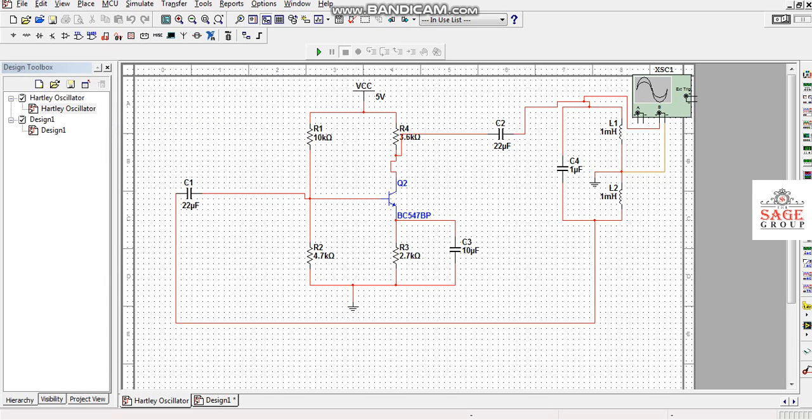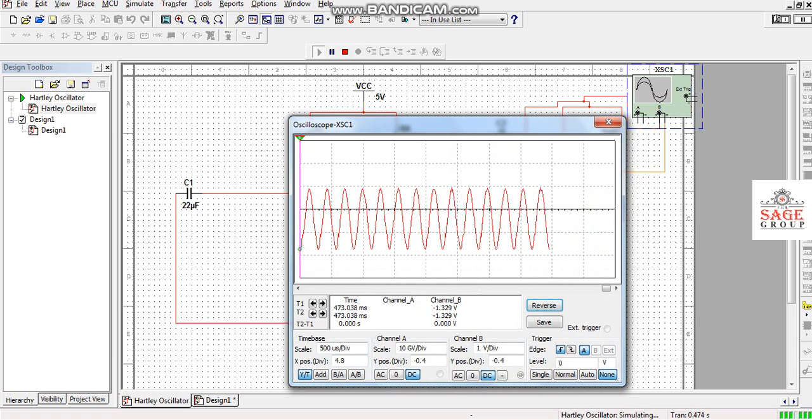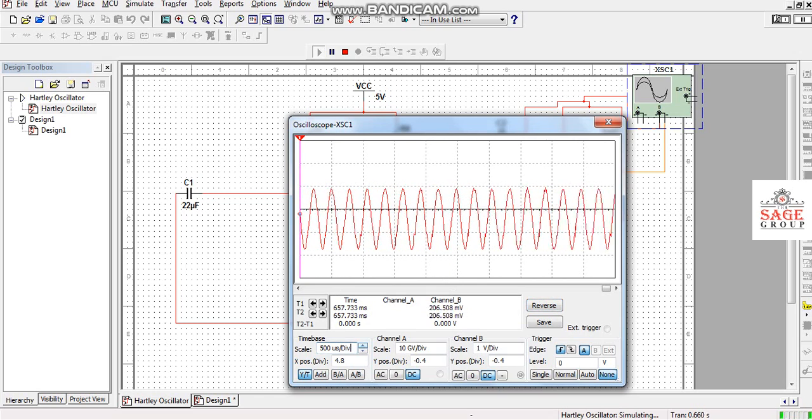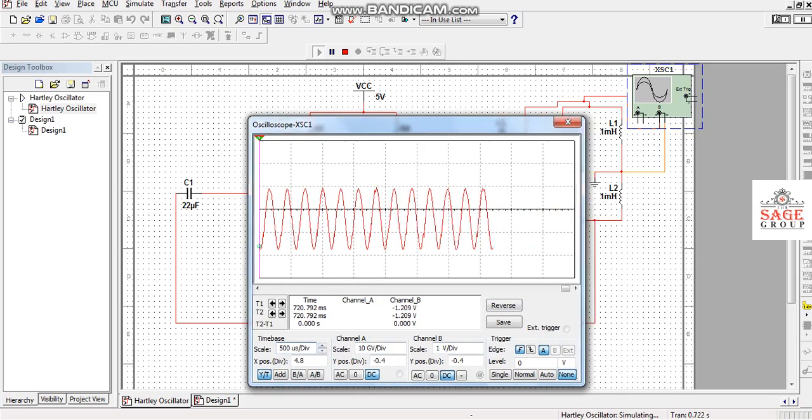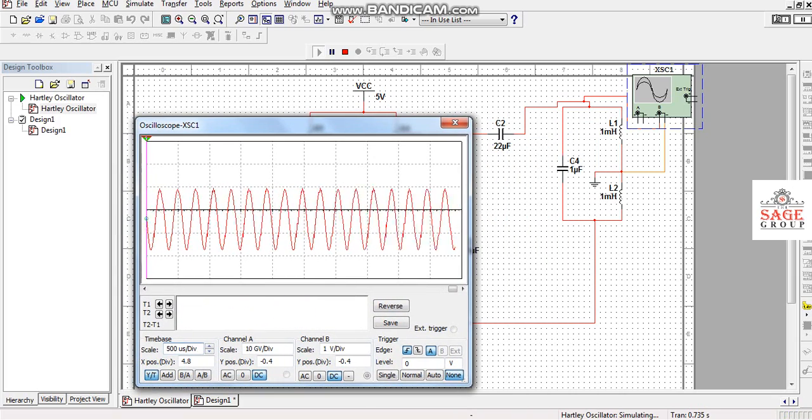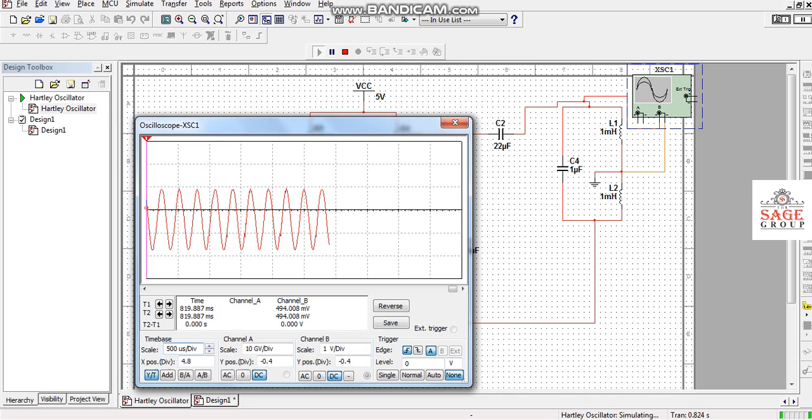If I want to simulate this circuit, I have to click the Run button. Now see, there are changes. This circuit is now simulating. If I double click this, I can change the time base. Here I am using channel B, so I will change channel B's amplitude.